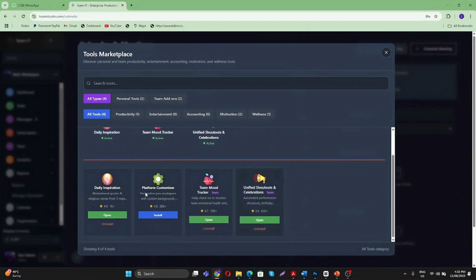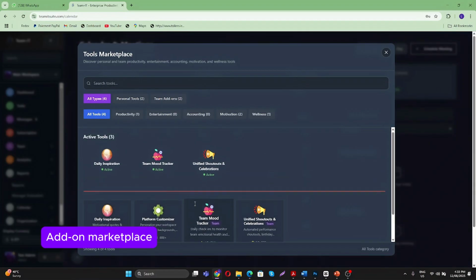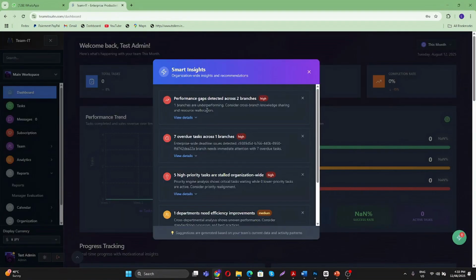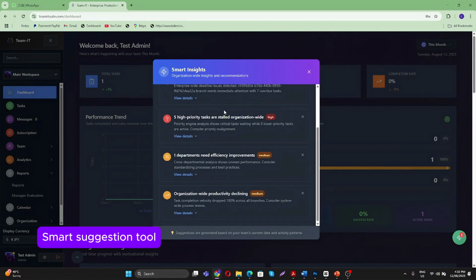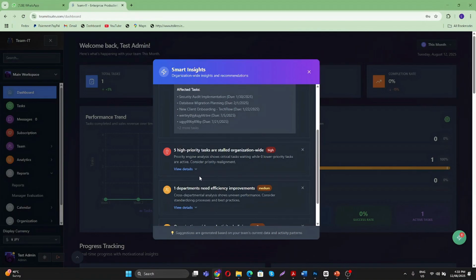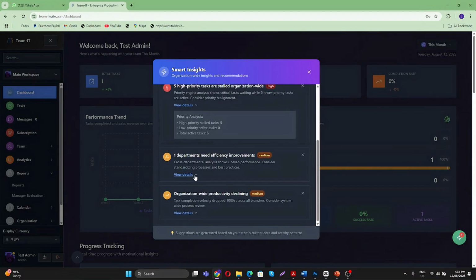We have the marketplace where you can install additional add-ons to help extend the functionality within your enterprise. We as well have the smart insight and suggestions, which help to tell you or your employees what is lacking within your organization or within their panel, and it gives them